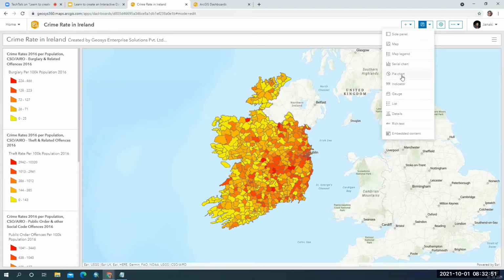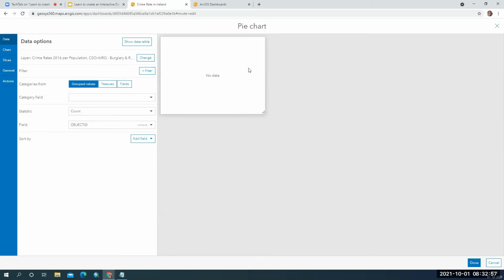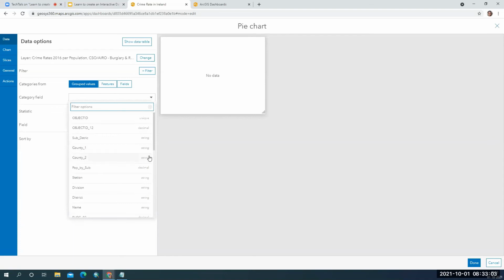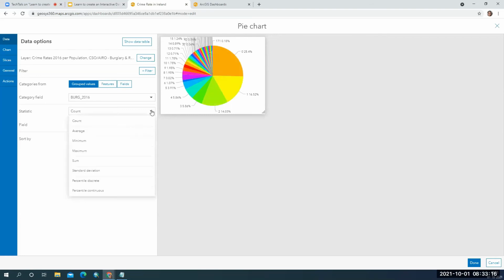I want a pie chart and I want to see particular information. With what fields you want, you can select this. So I want the 2016 burglary rate information, and you have a lot of options.